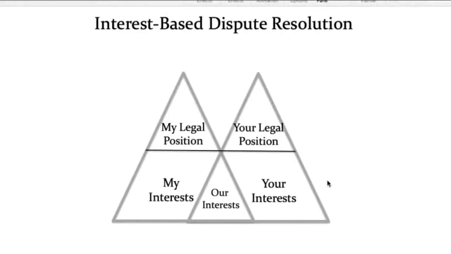Okay, so in interest-based or integrative bargaining, the idea is that if you can understand the parties' interests, which are often concealed, but if you can dive down and access them, they are more likely to overlap. That's why we use the triangles, right? George Adams used this, I just copied it in the book. But the interests are more likely to have an overlap than the positions are, because, with Fareed,